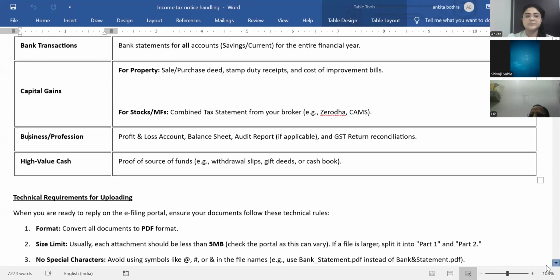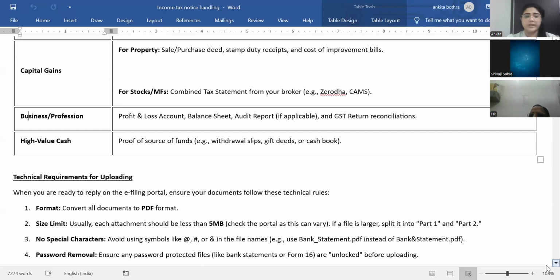And the next thing is the technical requirement for uploading. When you are responding to the notice, whatever documents are required to be attached with your response will all be in PDF format only, and each attachment should be less than 5 MB. If the file is larger, you can split it into part 1, part 2. The maximum limit in general circumstances is 5 MB only. There are chances the limit will vary, but in general the limit is 5 MB only,